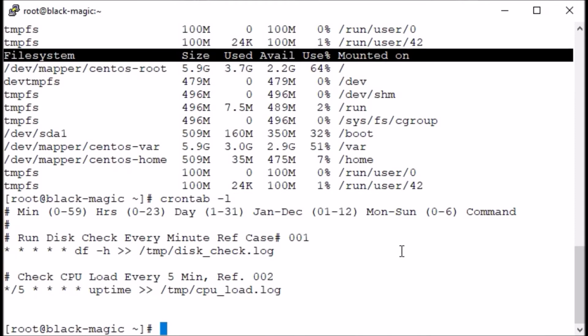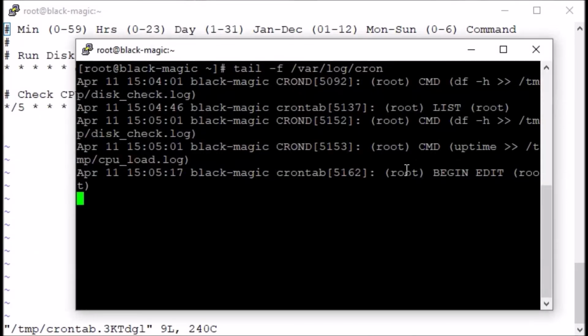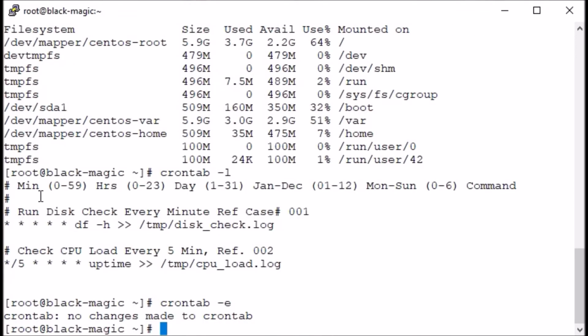Okay, so we'll modify our crontab. Use crontab hyphen e. Okay, in this session you can see that every minute our df is executed. We also have the uptime. Okay, it was executed at 15 hours 5 minutes. Okay, so 15:05, and we can cross verify here. So crontab hyphen l, what is the